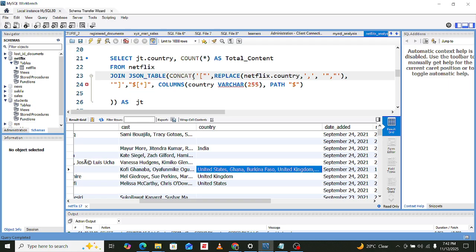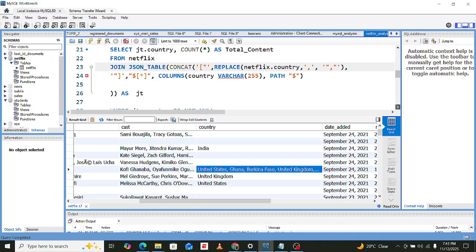Yeah, it should be concat. And then we have the first. Let's see this. And then we have replace Netflix.country. And then we have our first comma. I think up to this point we're okay.